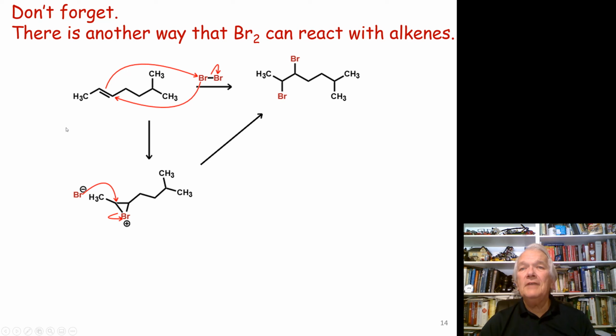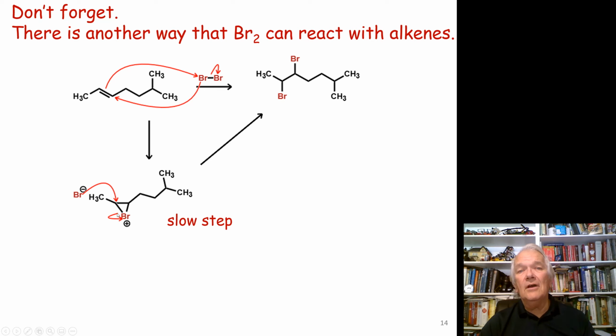So how do we understand these two competing reactions? Well, it turns out it's a little complicated. But there are two competing reactions, and it turns out there are tricks that you can use to control them. So let's look at this reaction in a little more detail. This is the slow step in this reaction. And why is it the slow step? Well, it's simply because in this particular case,